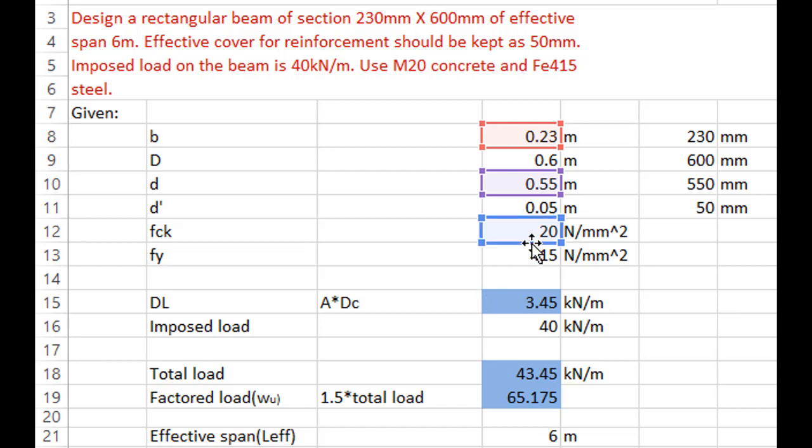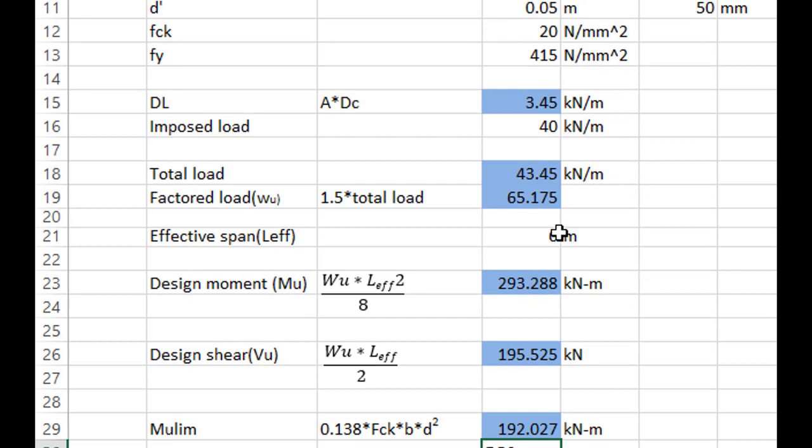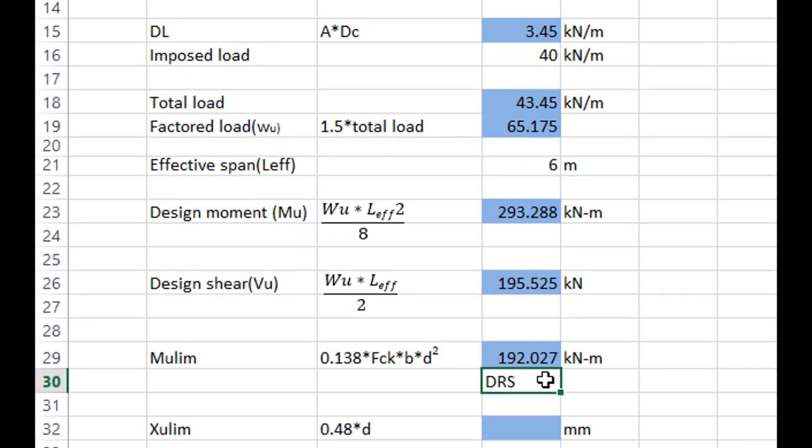Because we have fck in terms of Newton per mm square, if we convert it into kilonewton per meter square, then we have to multiply it by the conversion factor of 1000 or 10 raised to 3. So we will get the value of 192.027